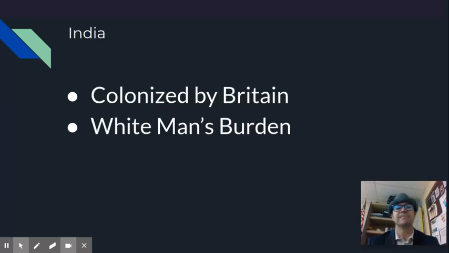We got India. India is colonized by Britain. It's the jewel in the crown. And Britain, they are going through the white man's burden. They're going to justify their actions in India. The British are making these people better, even though we know that India's had this glorious history. You got a couple of big events like the Sepoy Mutiny, where through religious means,